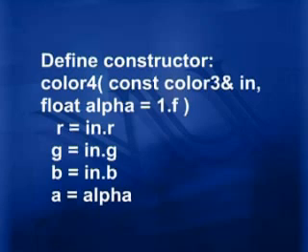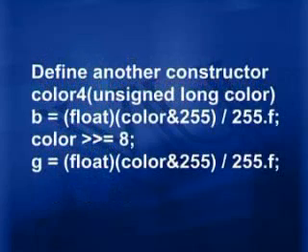So how does the constructor go? That it assigns in dot r to r, in dot g is assigned to g, in dot b gets assigned to b, and alpha gets assigned to a. So all the 4 r, g, b and a get assigned their respective values. We overload this constructor